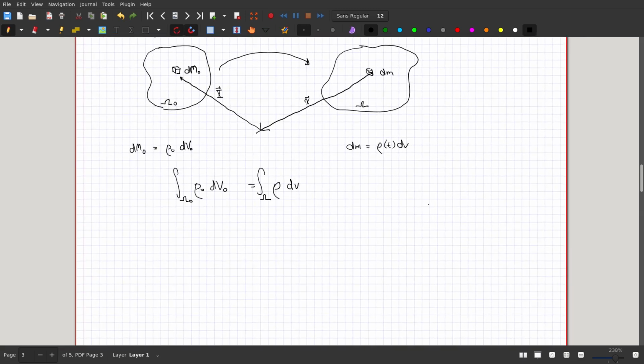Understand that whenever I write a single volume integral, we can also write a triple integral over line segments. If I do that, then we have dx1, dx2, dx3 equals